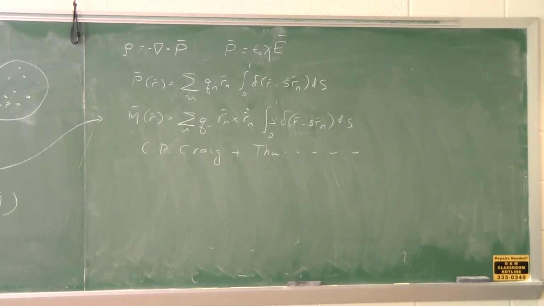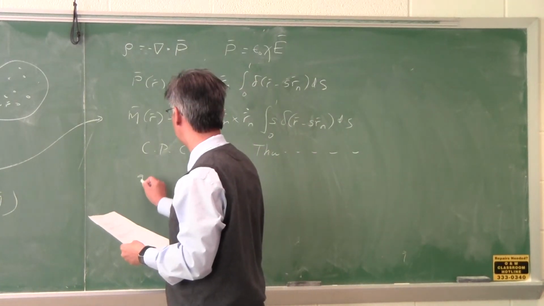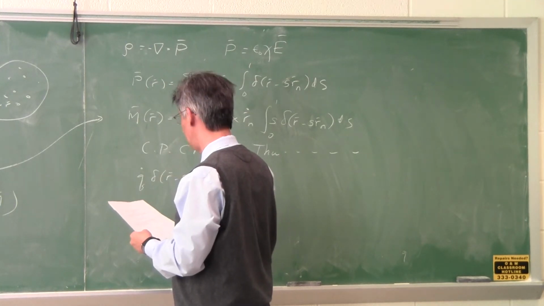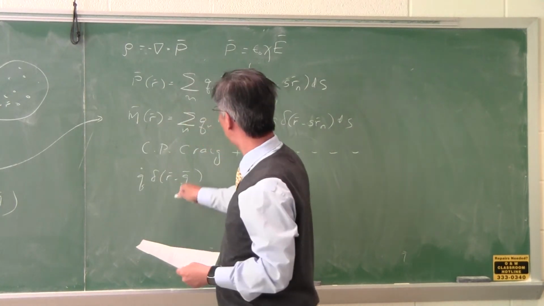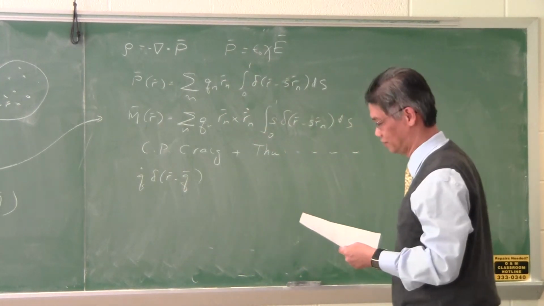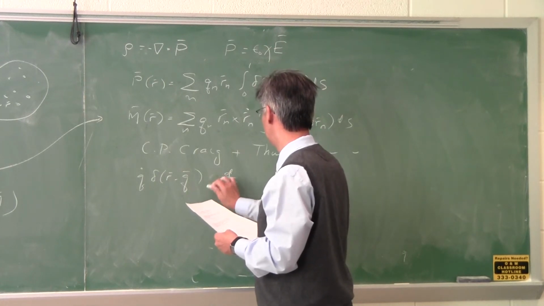Okay, in order to prove that this is true, I have to establish this identity. And this book changes notation on me again. Okay, so R sub n gets changed to Q. Q is the location of the charge. And if I can prove this,